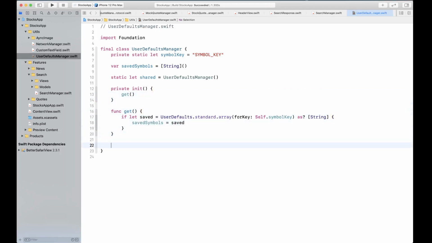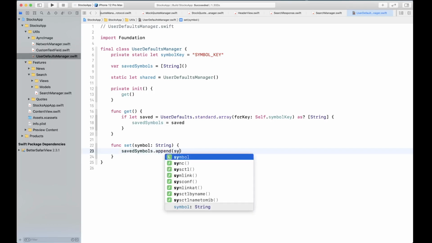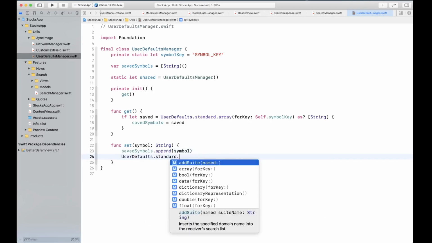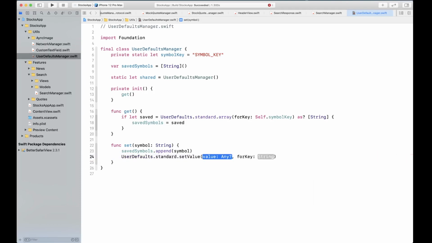Then we're going to also have a set function, which is going to take a symbol, and this is first going to append this new symbol to the savedSymbols, and then call UserDefaults and set the value.